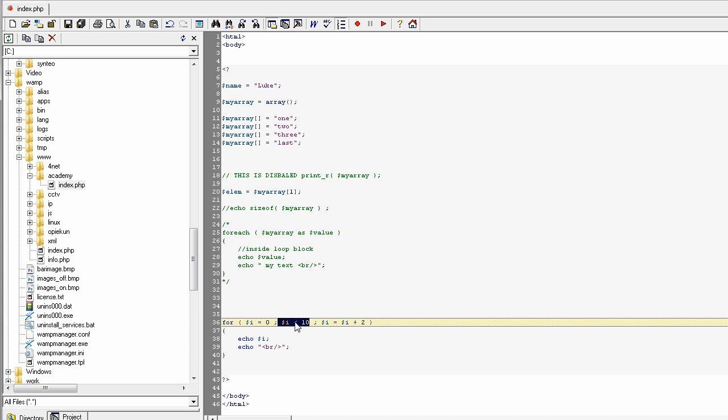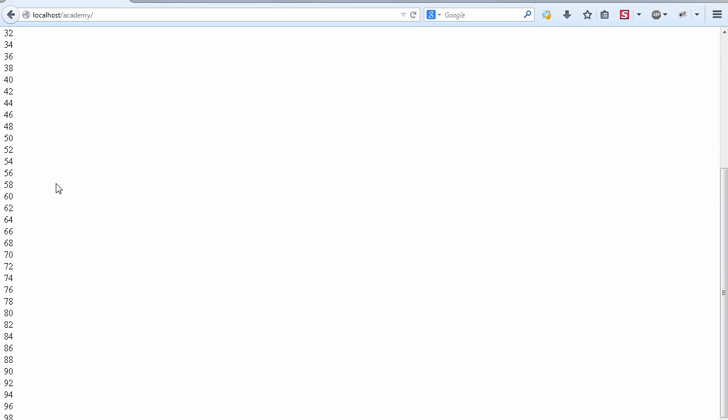If you like, we can do some more stuff. Okay, and we got the numbers from 0 to 98, because the 100 value is not